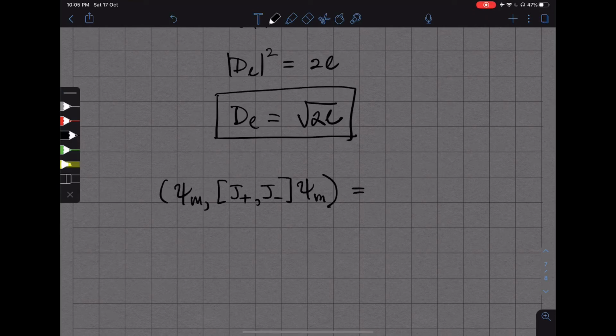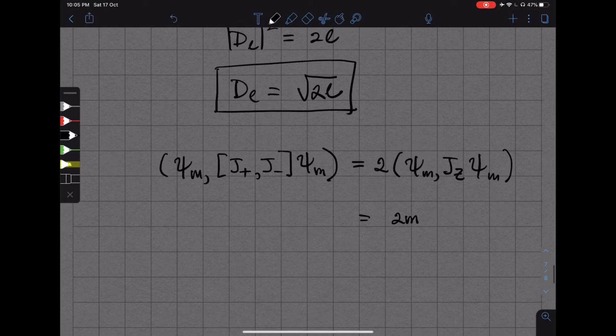Well, the commutator tells us that on the right-hand side, I should get 2 times psi_m j_z acting on psi_m, or 2m. And on the left-hand side, just a little bit of algebra shows that I'll get |D_m| squared minus